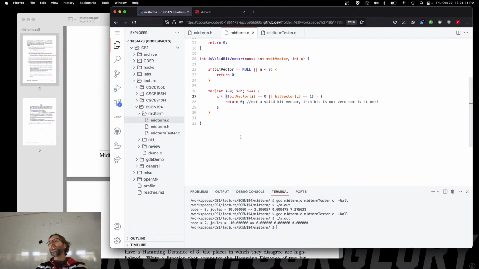It is not the case that the bit vector sub I is 0 or that the bit vector I is 1. It's kind of verbose. How can I say that? What's an alternative English way of saying that? If bit vector sub I is not 0 and it's not 1, then we've got a problem, right? So do you see what happened to that negation when you